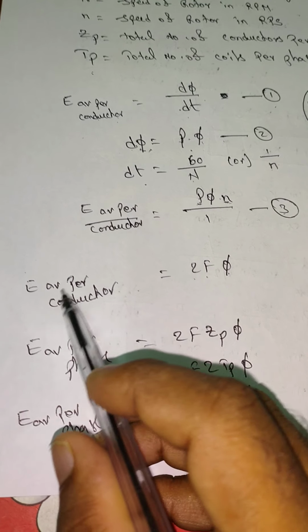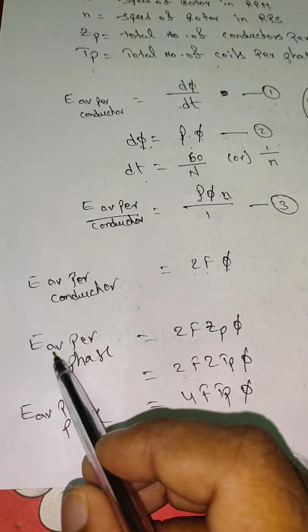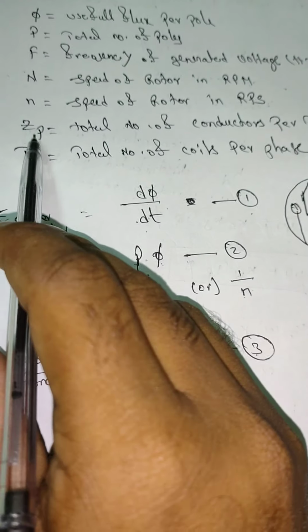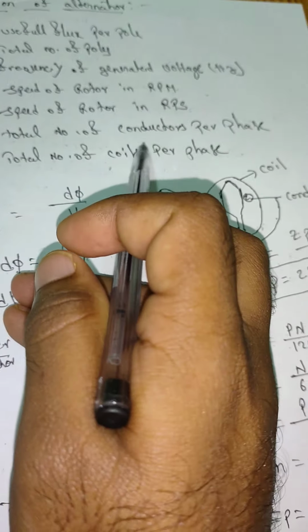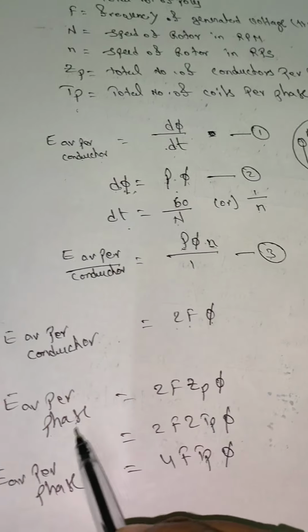Now this is the average EMF per conductor. Now we are calculating the E average per phase. Phase in the sense, we are finding the total number of conductors. We are finding Zp, which is equal to the total number of conductors per phase. Now you just multiply with